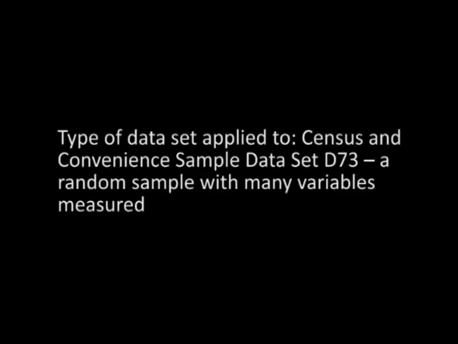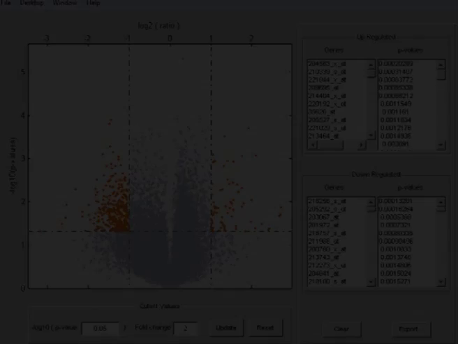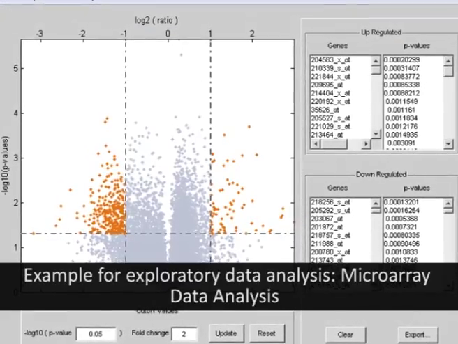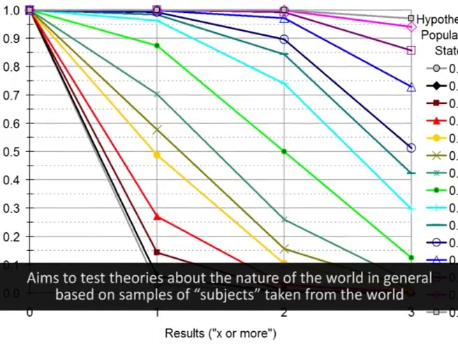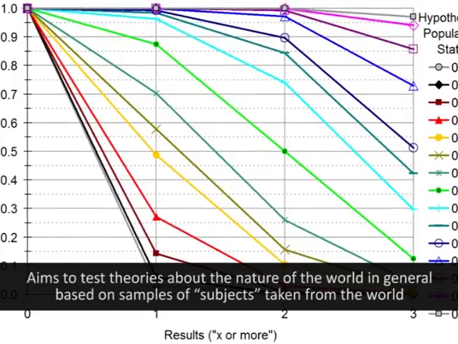Remember, correlation does not imply causation. Type of data set applied to: census and convenience sample data set, typically non-uniform. A random sample with many variables measured. Example, microarray data analysis. Inferential aims to test theories about the nature of the world in general or some part